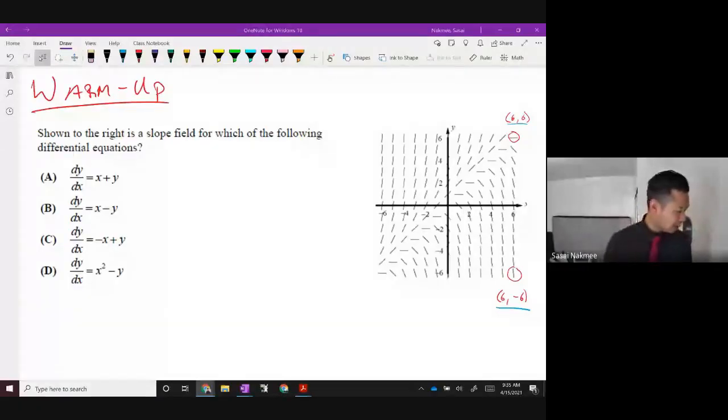All right, so hopefully now you've taken some time to look at this warm-up problem and try to figure out what you think the answer is, right? And we're going to go over how to find it right now. And like I was saying, one technique you could do is just looking at the slope field, you might be able to visualize what the original function could look like. So earlier,